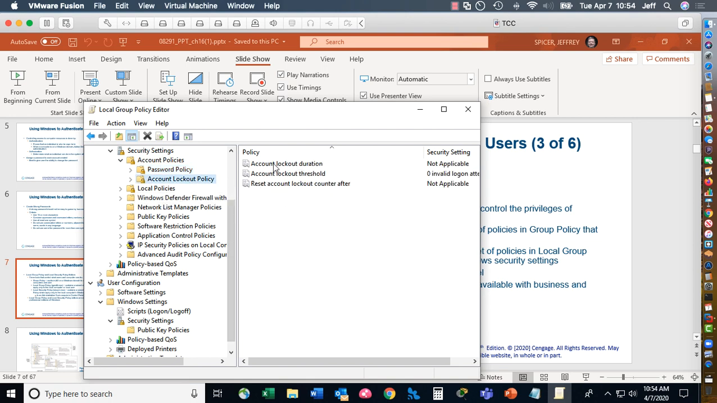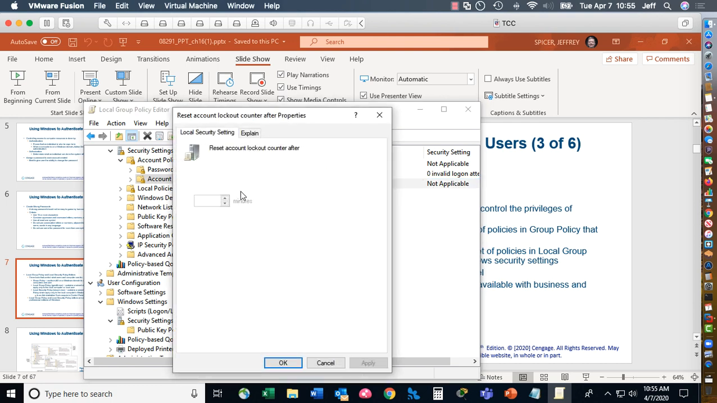Count lockout, right? So lockout threshold: how many invalid login attempts are there before you lock out the account? How long does it get locked for? And then reset account lockout counter, right after. So if we click on this, right,